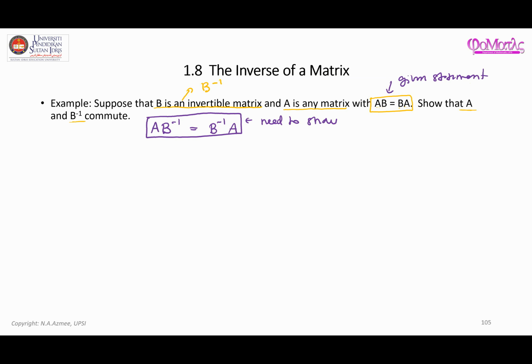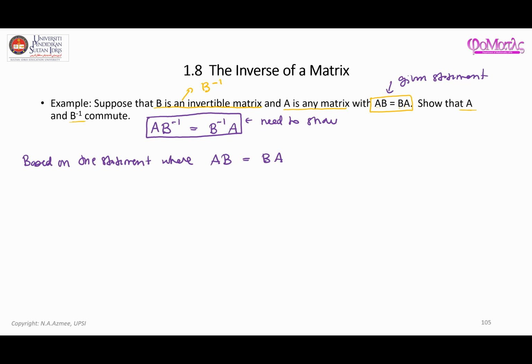Okay, so based on the statement where AB is equal to BA,